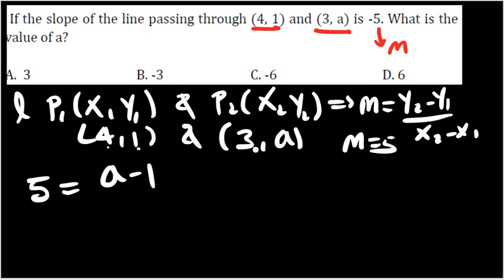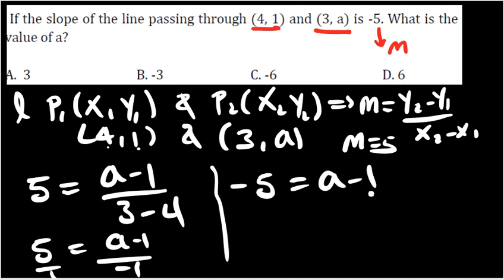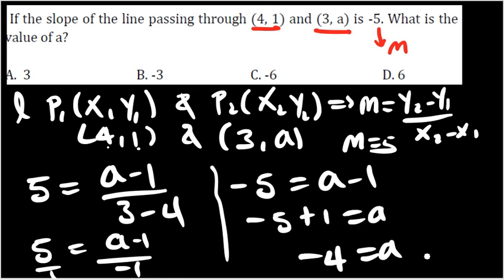This is x1, y1, this is x2, y2, we know. So y2 minus y1, so a minus 1, the whole over 3 minus 4. Therefore 5 is equal to a minus 1 over negative 1. Then crisscross. When you multiply crisscross, 5 times negative 1 will be negative 5 is equal to a minus 1. Then shift the 1 to the left side. So negative 5 plus 1 is equal to a, negative 4 is equal to a. That is the value of a, which is found in